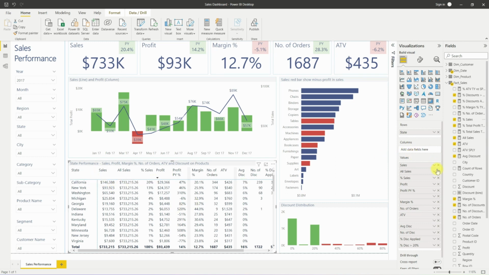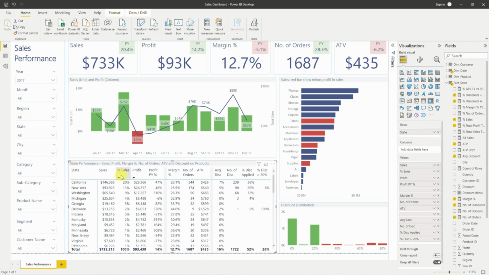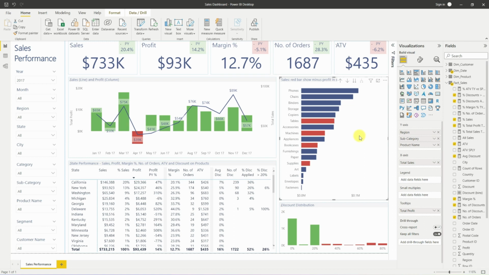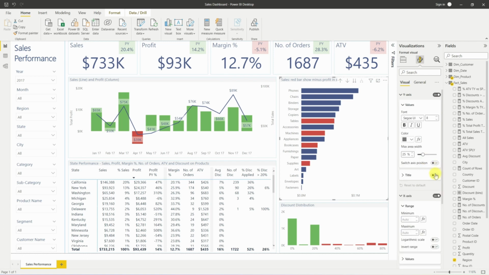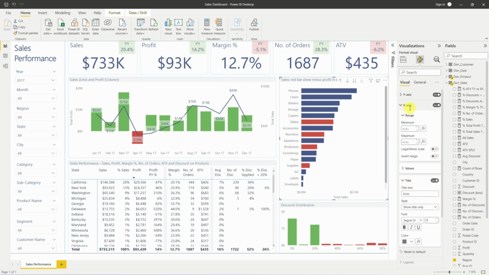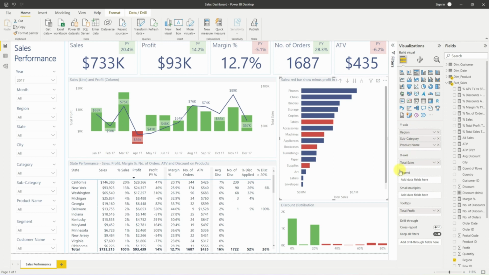And now we can get rid of all sales. And now we have our percentage sales in there. And now everything all fits really nice. One thing here, I just noticed it's not telling you that it's sales. So let's put title on. There we go. And because it's saying total sales, we want to be consistent. So we're saying sales here. So let's get rid of total, call it sales, and then do the same over here for total profit and